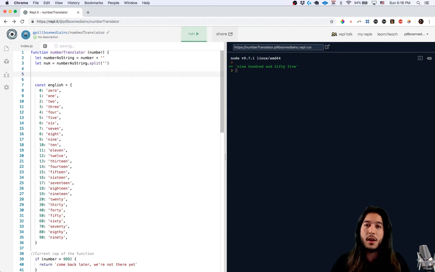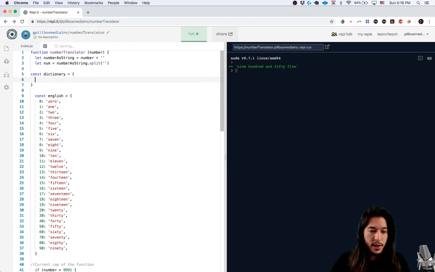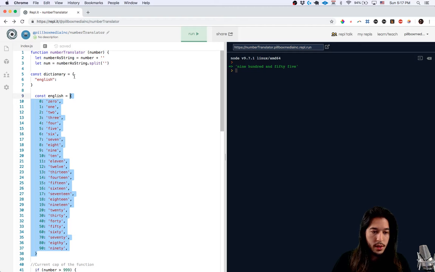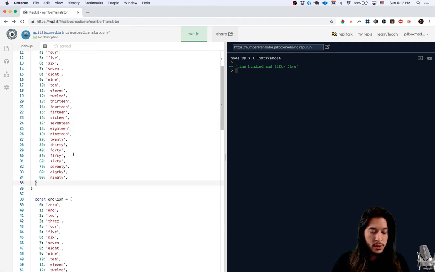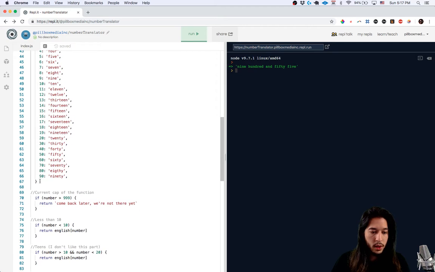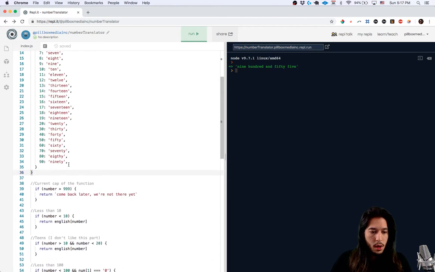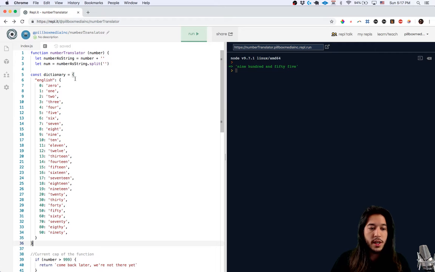So what I'm going to do, instead of making an English object and a Spanish object, I'm going to create an object called dictionary, and I'm going to make my nested objects my languages, and the key value pairs will be strings. Let's see if this works, because if it does, then I'll be able to do the multi-languages that I always intended to do. So for now, we're only going to have one language, English. Let me just make sure my syntax is okay. So you'll see dictionary dot English. I don't know if this is going to work, but let's find out.